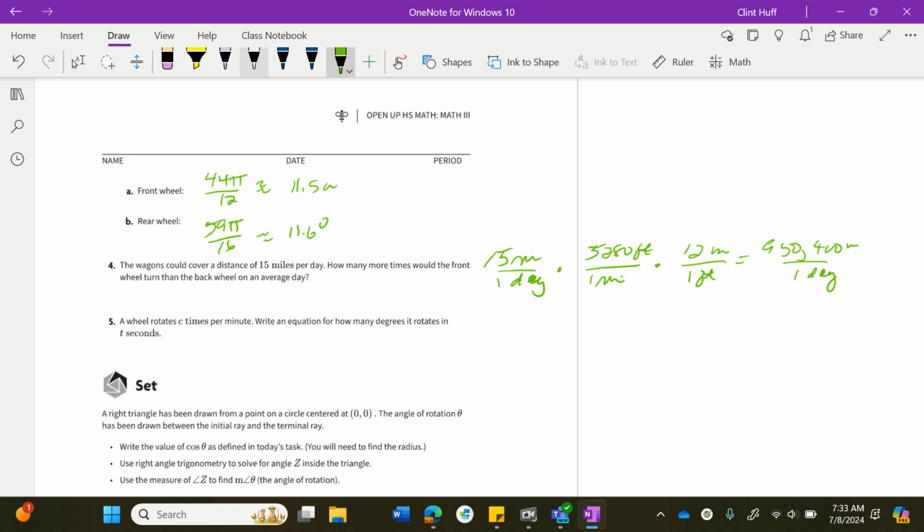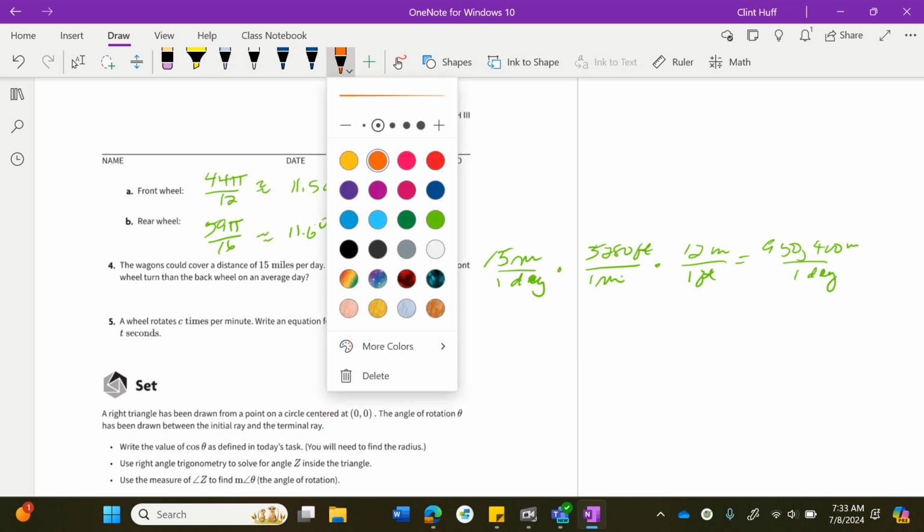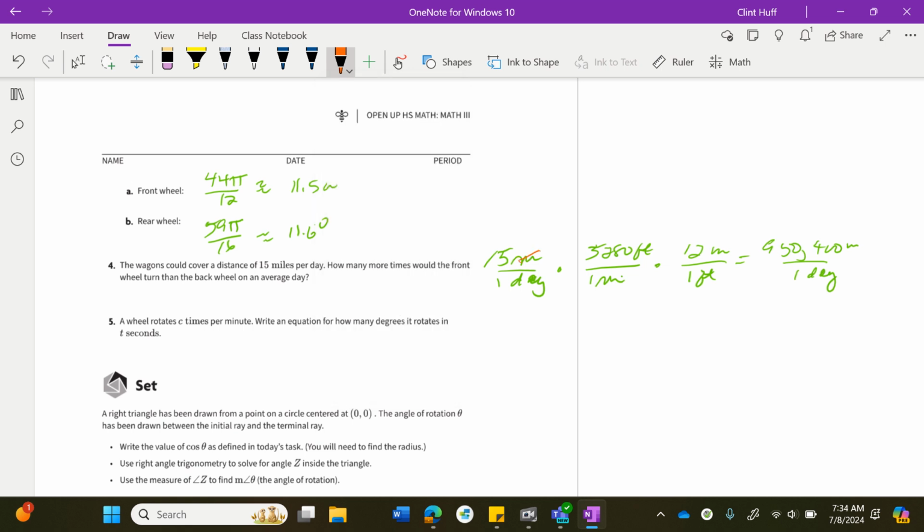So the idea here is that by setting it up this way, the first ratio, 15 miles per day, this miles cancels with that miles. Now I have feet per day, and then feet cancel with feet. So we multiply this all out. This is inches per day. So on the front wheel, we have 950,400 inches per day